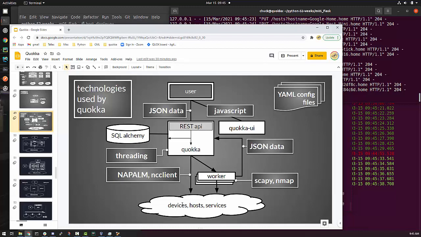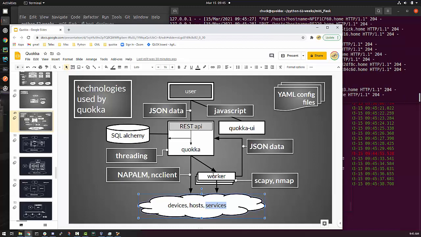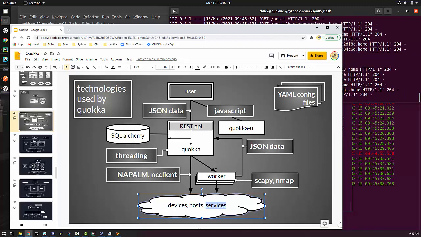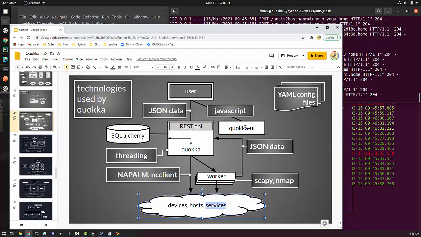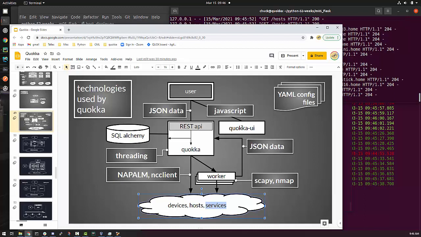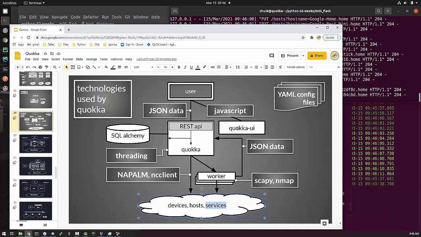They go out and they monitor devices and hosts and services, so I don't need a separate program to do that. I have these workers that do things that require root access, like for doing SCAPI and Nmap. And then I have a user interface, and I'll show you the actual Quokka, if not in this particular video,